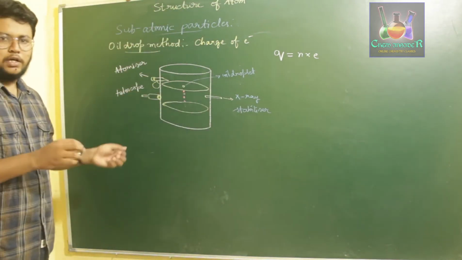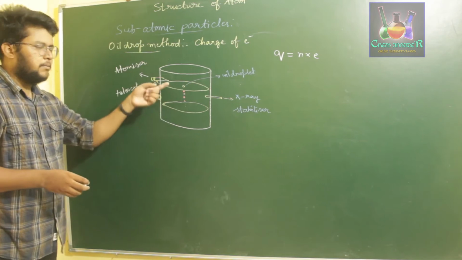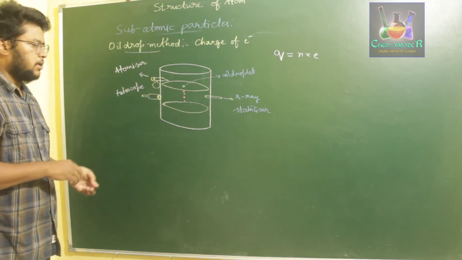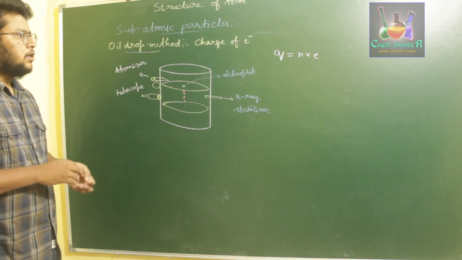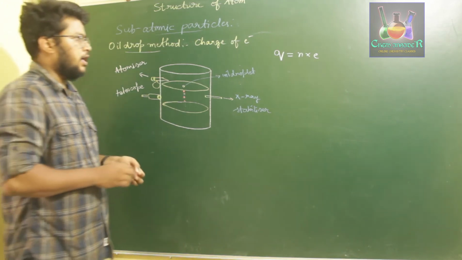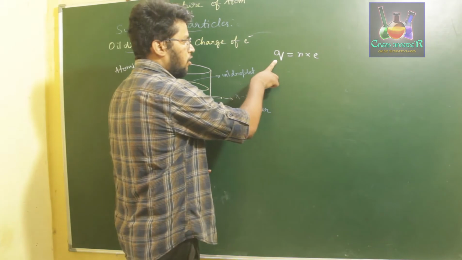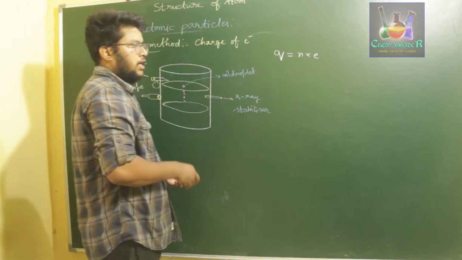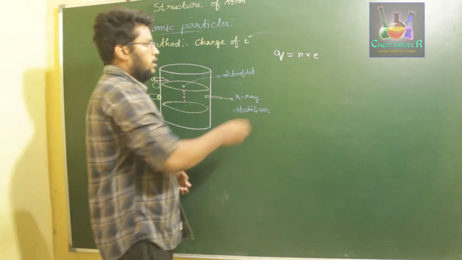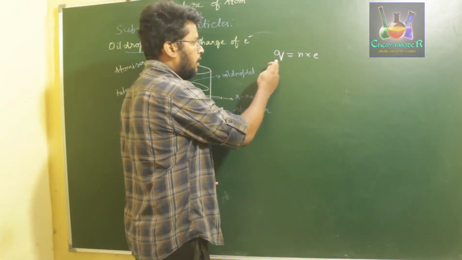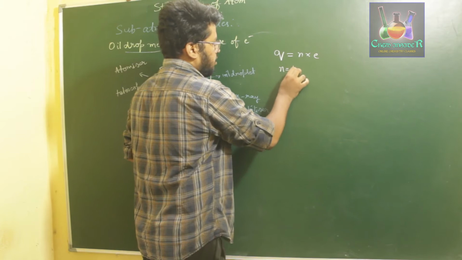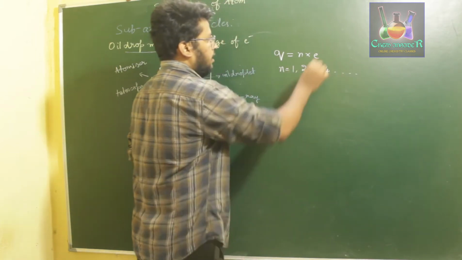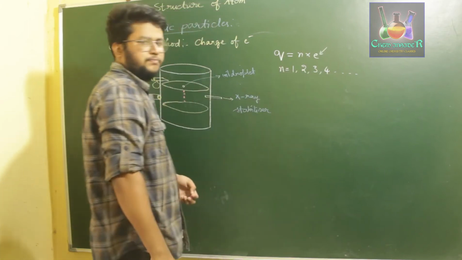Carrying out this experiment in controlled conditions, he maintained the number of droplets that were supposed to fall. He increased them, he decreased them, he maintained them in a constant manner, and doing all that, he came to know that the charge on the oil droplet was equal to integral multiples of the charge on the electron, where Q is the charge of the oil droplet, n is nothing but the integers 1, 2, 3, 4 and so on, and e is the charge of the electron.